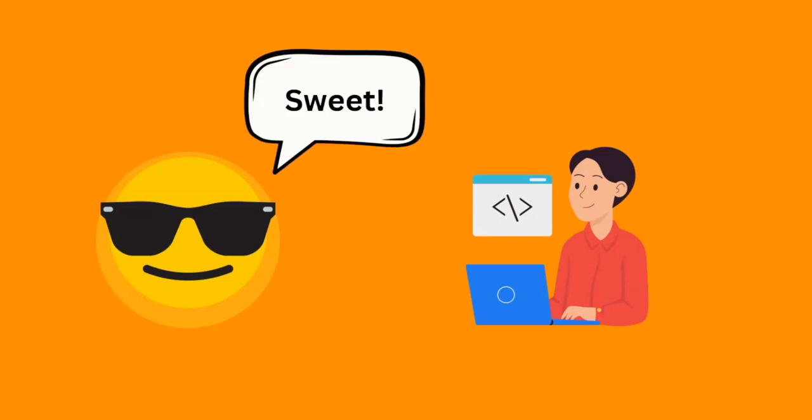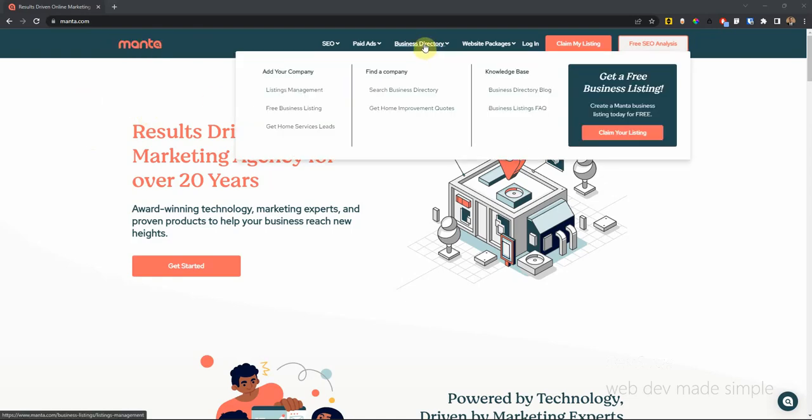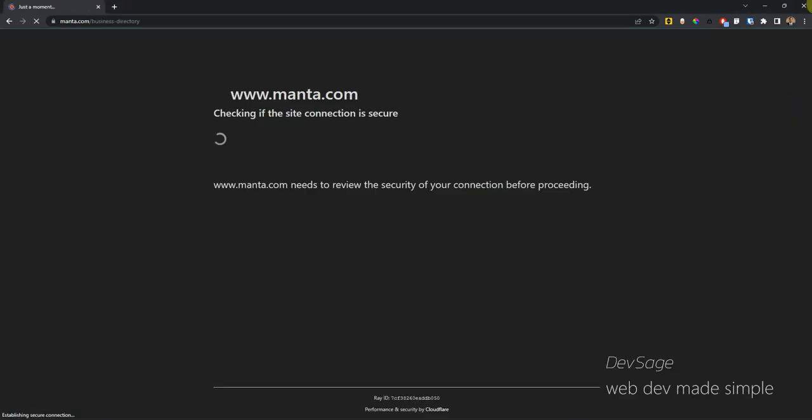That sounds great. So now we need to build a scraper to collect those phone numbers for Sam's salespeople. But where are we going to find these leads? Where are we going to find these numbers? Well, there's a website out there called manta.com, and they have a public directory of all kinds of businesses across the United States. So if we navigate over to manta.com, hover over business directory, and click search business directory,